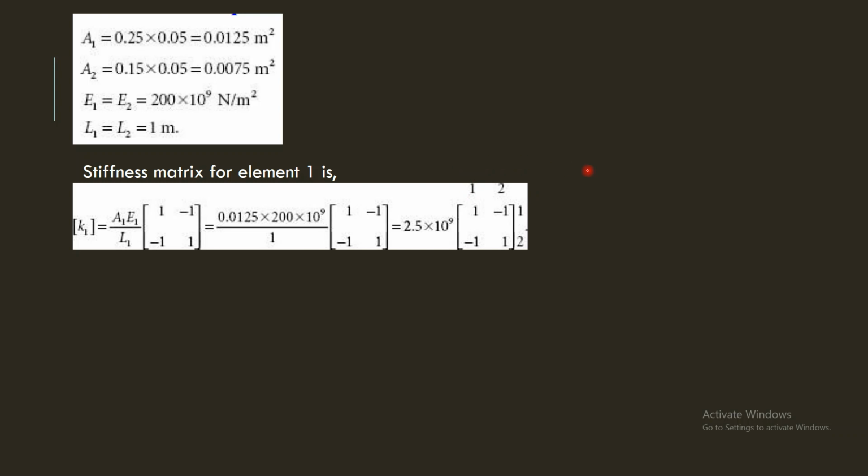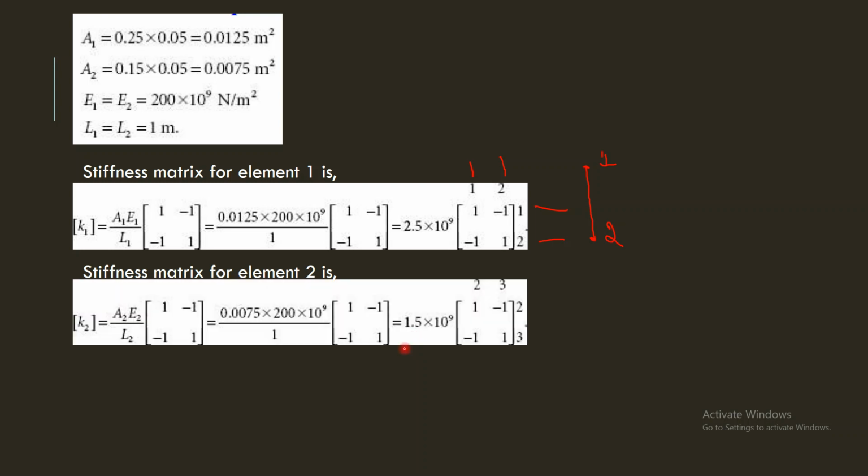Okay, since this is related to the first element, which comprises node 1 and node 2. So node 1 for the first column, node 2 for the second column. Similarly, node 1 for the first row, node 2 for the second row. Okay, like that. So once we do the node numbering, that is the degrees of freedom, let's go for the second stiffness